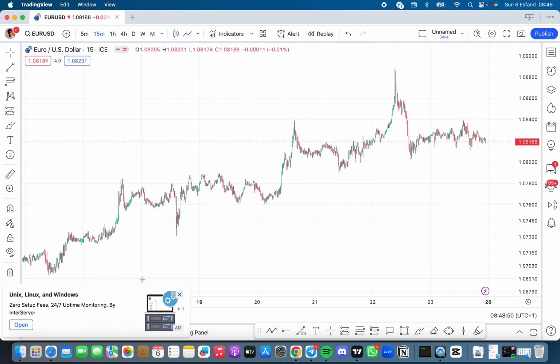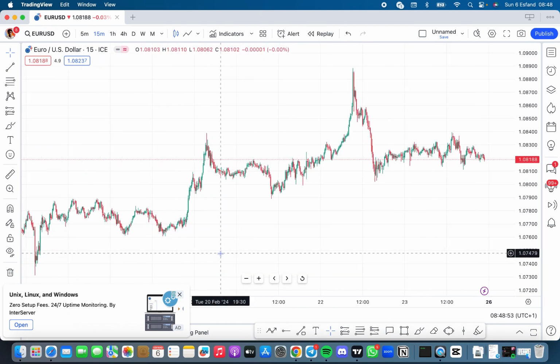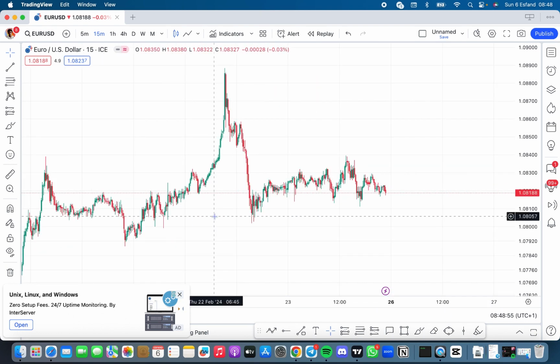Now this is your bar replay tool. My TradingView just got expired. I just saw this now, so I would have it paid for at least either today or tomorrow, so I can show you guys the bar replay tool. And lastly, there is